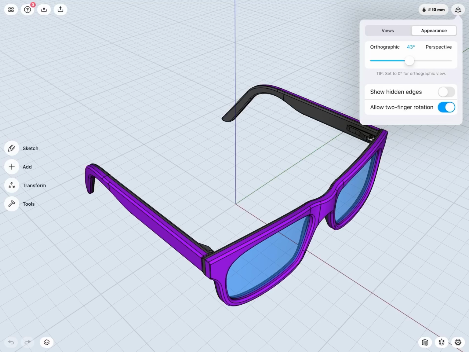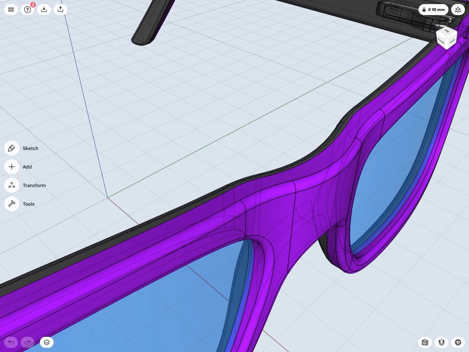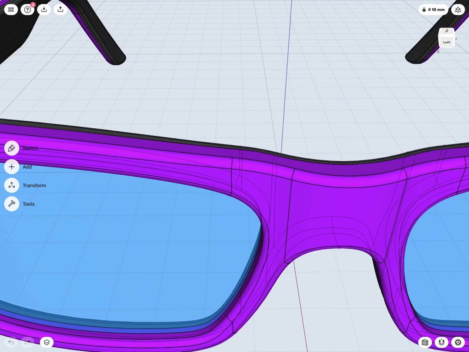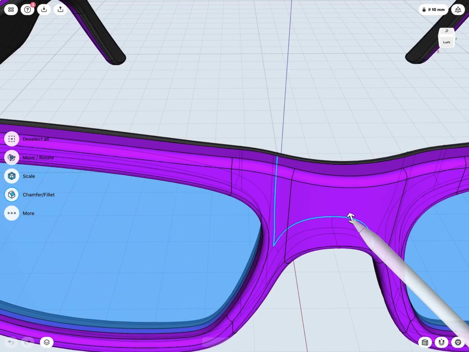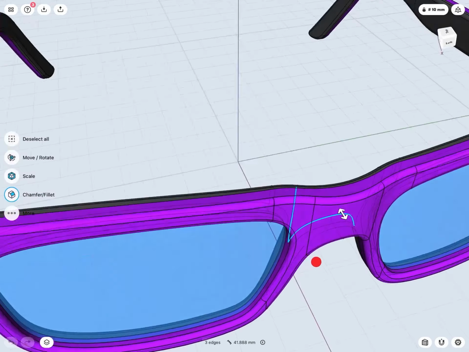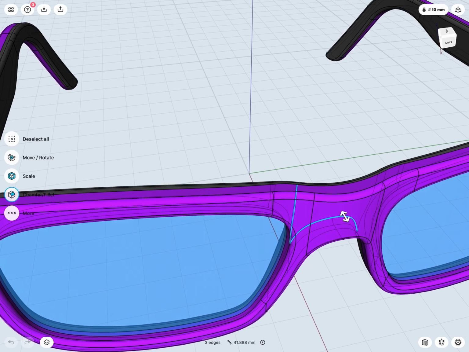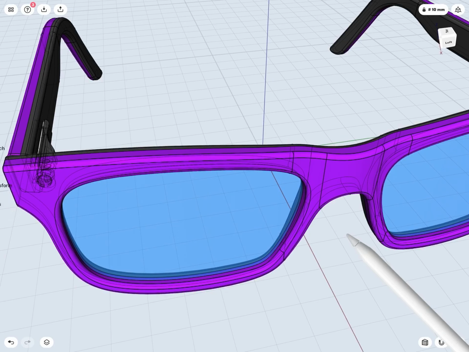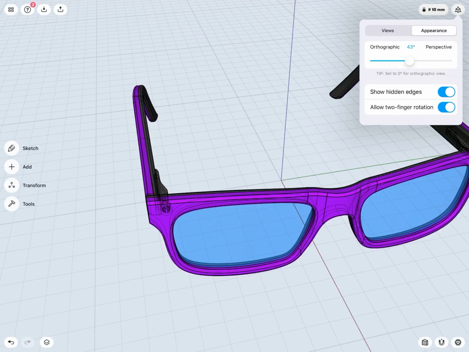We also have the ability to show hidden edges, so just turn this on here, and this can be very useful. As we can see, we can now see all hidden edges in any designs. So this, of course, is useful, as now I can select any edges that might be, for example, on the backside of my object, which would otherwise be very difficult or impossible to select without having that show hidden edges option on. And of course I can jump back in and turn show hidden edges off.